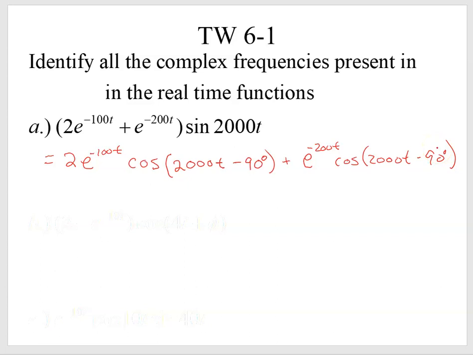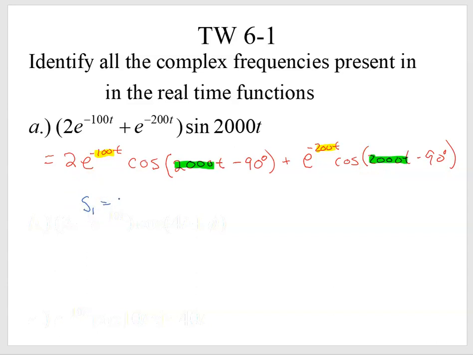We don't know if it's a current or a voltage function. This asks us to find the complex frequencies. So our complex frequency is here, right? There's our Neper frequency, there's our radian frequency, and then we have a different Neper frequency, right? But the same radian frequency. So what we have is